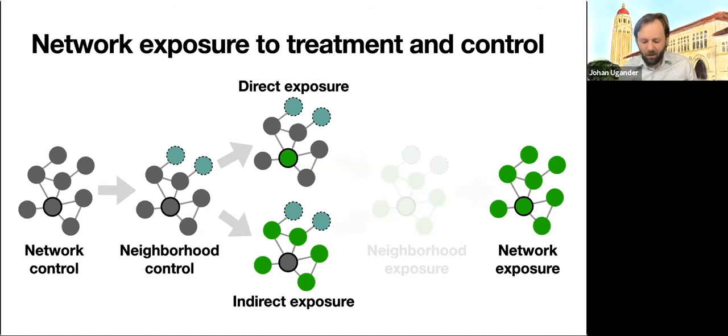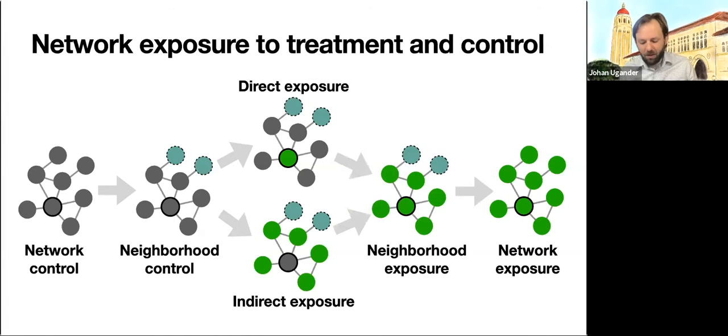So the next stage is that you're exposed and all your friends are exposed. Now there are steps in between this where half your friends are exposed and other things are going on in the network. But once we've reached this condition, we've securely given you the new product, and given all your friends the product. We don't know what's happening on the rest of the network, but the main point of this perspective is that we're going to say that